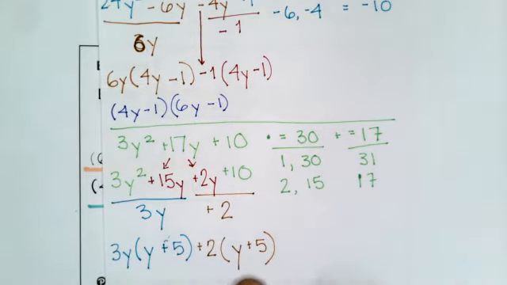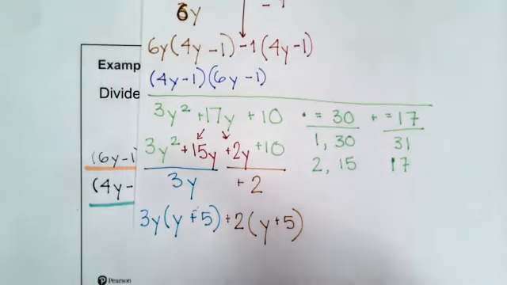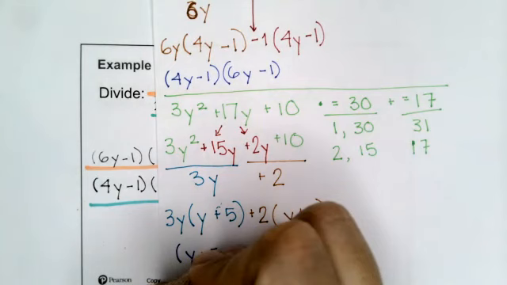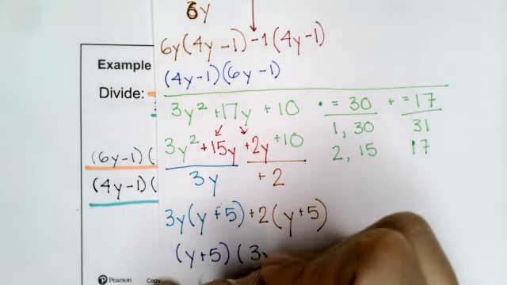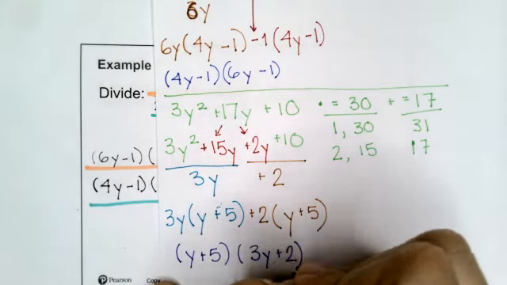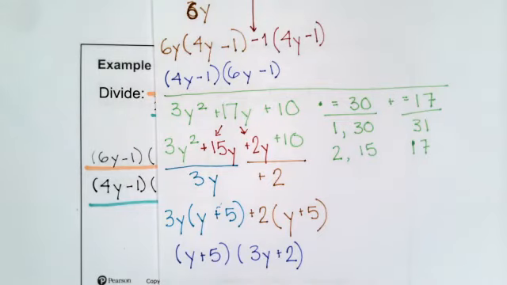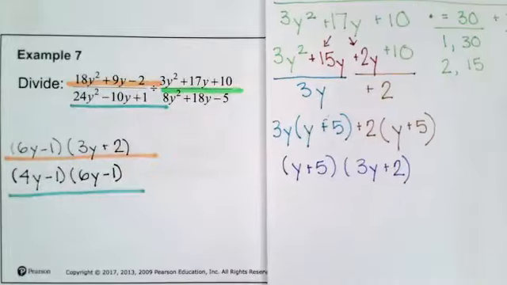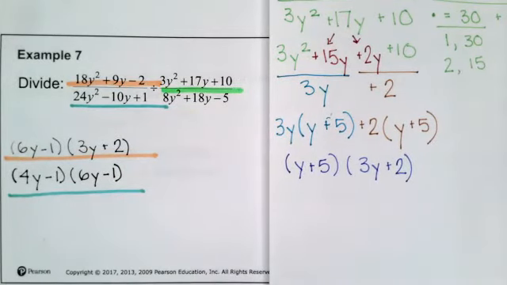So y plus 5 is a factor common to both of them. So we're going to take that out. When we take out the y plus 5, we are left with 3y plus 2. Good. So over here, 3y squared plus 17y plus 10 becomes,